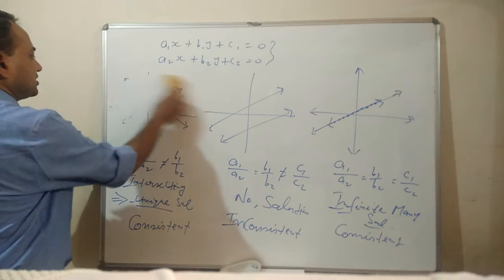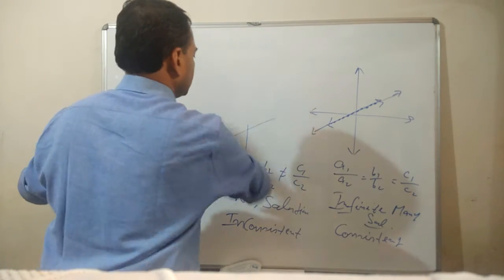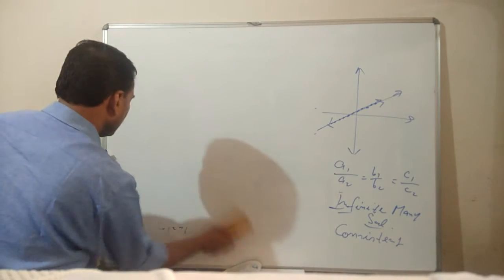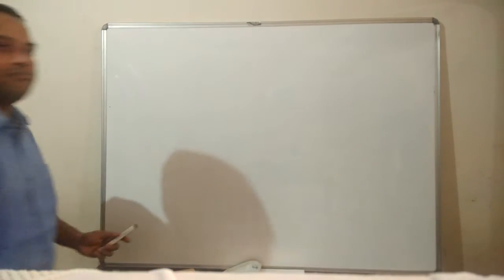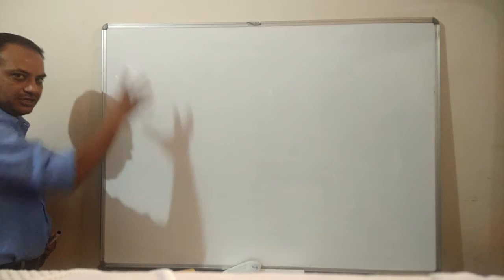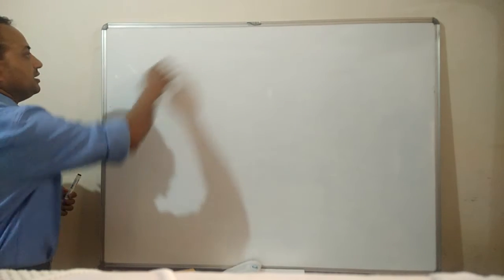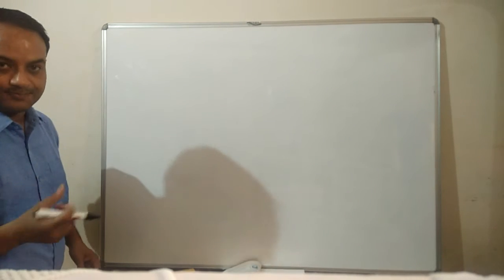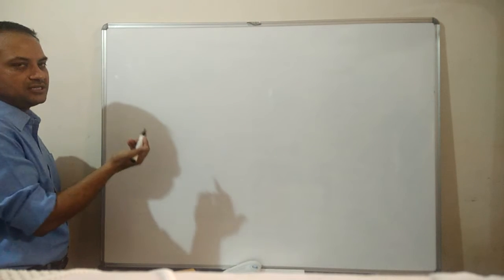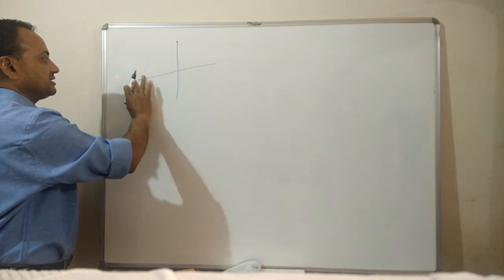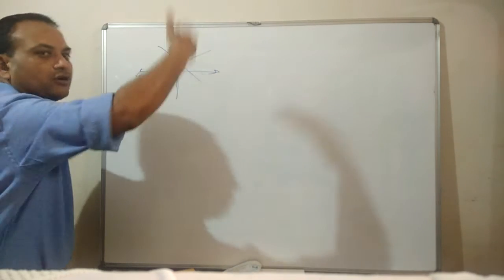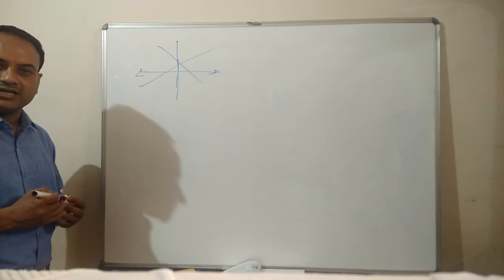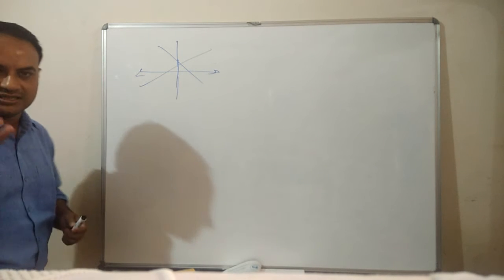So all the conditions were there which we discussed in the previous class or video, where this is the representation of a pair of lines on the graph paper in two ways: graphically and algebraically. Right now, when we find a solution, graphical solution, obviously we'll draw the graph as we discuss right now. So when we draw the graph and find a solution, whether unique, no solution, or infinitely many solutions. And when we have to find a solution algebraically, then there are three methods we discussed.